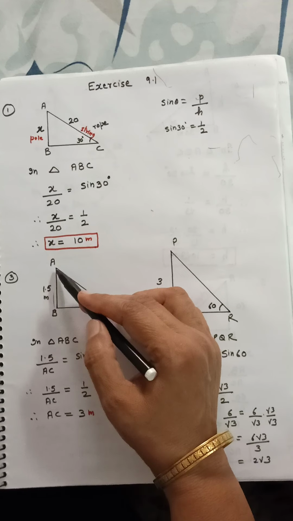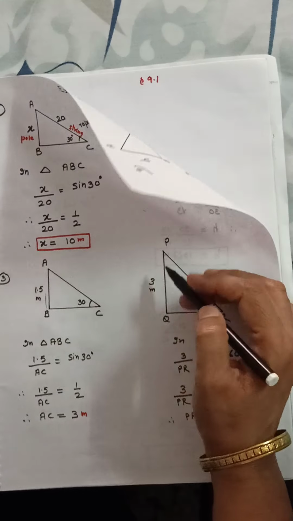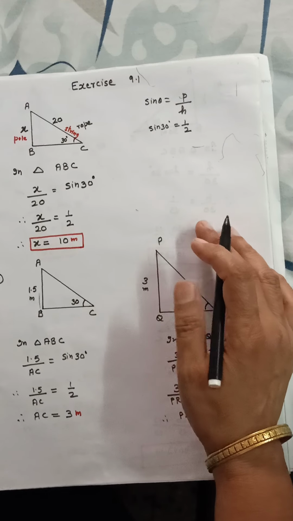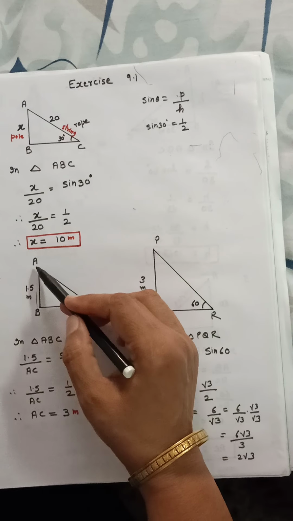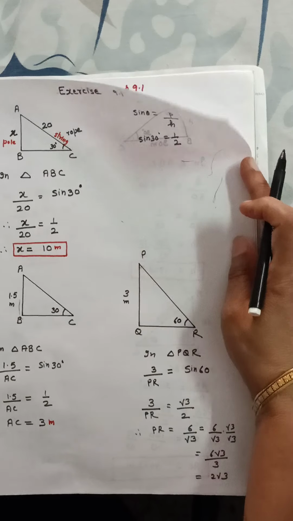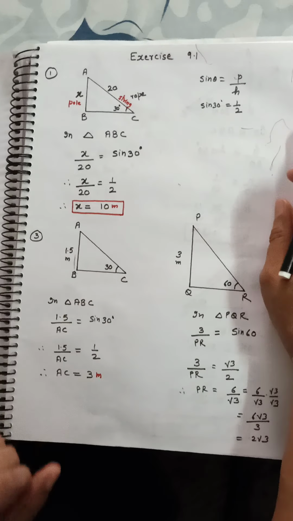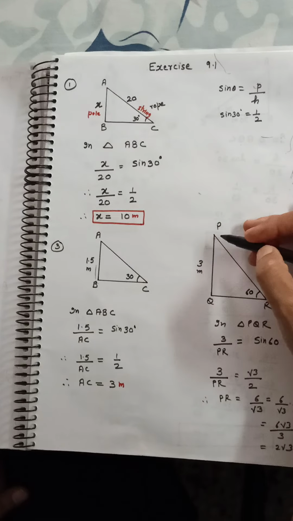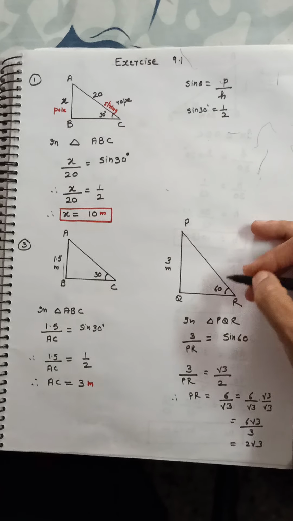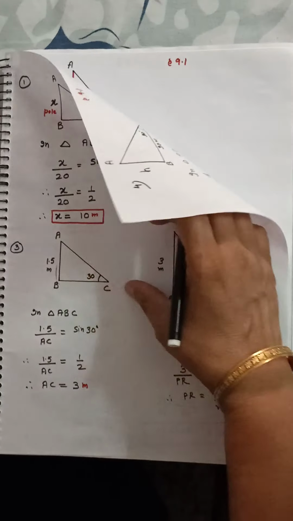The first slide has a height of 1.5 meters, and the second slide has a height of 3 meters, which is for the children who are elder. A smaller height slide is installed for small children, and a bigger height slide for bigger children. Now the angle between the ground and the slide is 30 degrees. In the second case, the angle between the slide and the ground is 60 degrees. Your aim is to find the length of the slide.